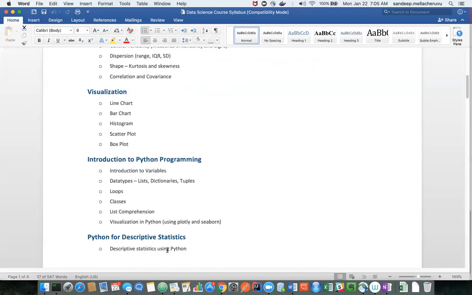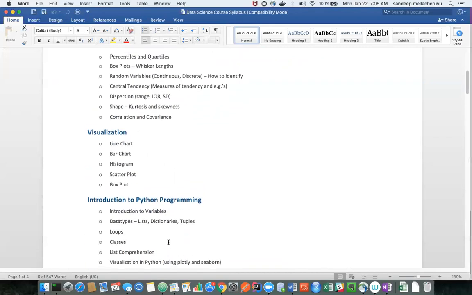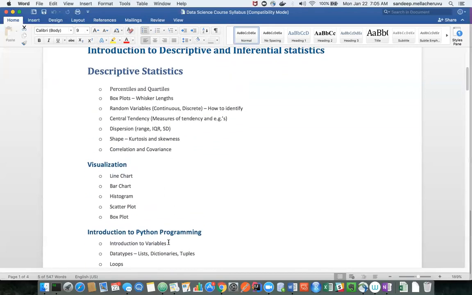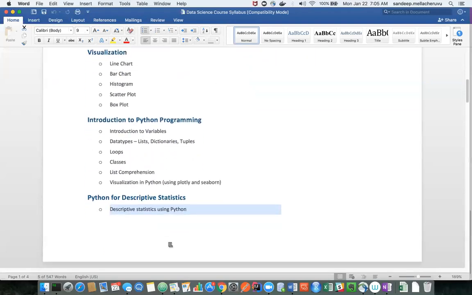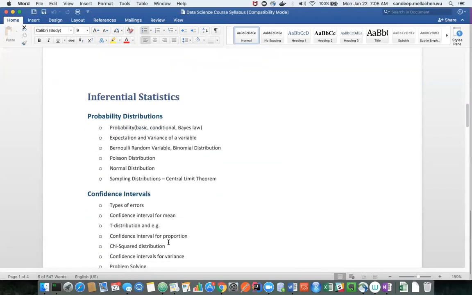And don't worry about Python and R and Excel. You'll know that Excel, Python and R are not even 10% of what you are going to learn in this course. You're going to learn a lot more than what Python offers. Okay.